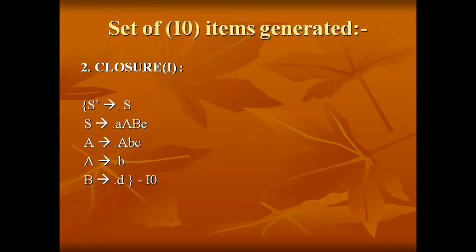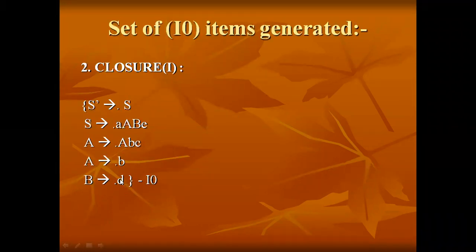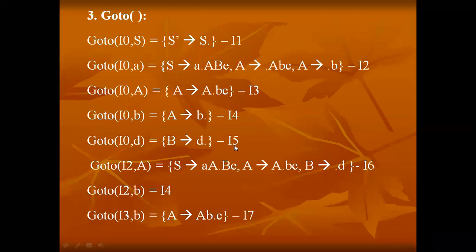And see this one, A tends to dot B. At item number 4, it is B dot, meaning this rule was processed. And B tends to dot D. At item number 5, B tends to D dot. What it means is this production was processed by calling goto of I0 with D. So no more productions are left from the given grammar. We computed the goto function for each and every item that we defined while performing the computations, along with the symbols. Right? Is it clear how to compute the goto function?